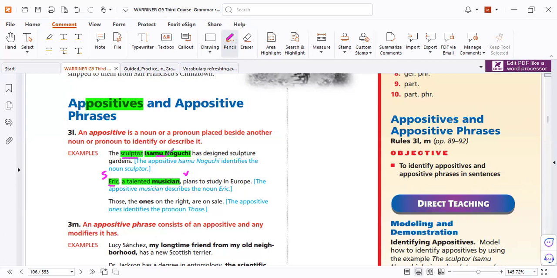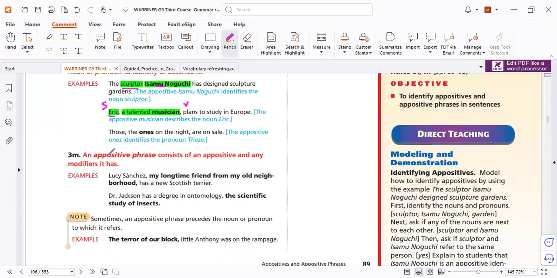So you must use an appositive. Okay, this is called an appositive. But what is an appositive phrase? It's so easy. Lucy, friend. This is an appositive. Look. And all of it between two commas is the appositive phrase. Look, comma, look. If we have two commas, it tells you the beginning and the end of the phrase. So it is very important to know what is the end and what is the beginning of the phrase. What can help me? The commas.